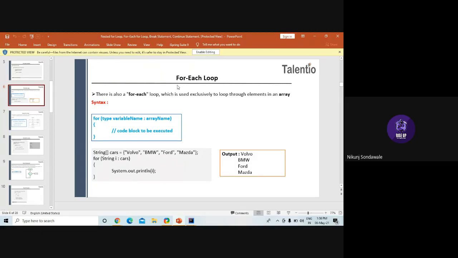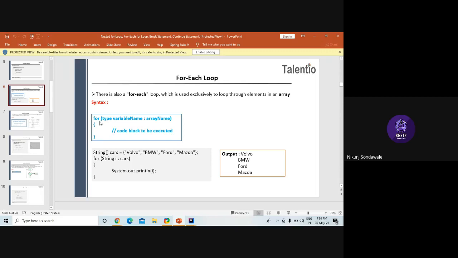This for each loop is specially built for arrays. Why? Because with the help of this for each loop, we can access a particular element of an array.